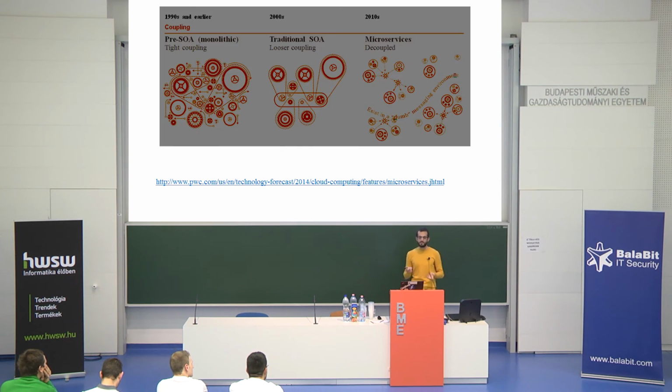Now if you think where application development is going, can you read that? Okay, cool. So if you think where application development is going, it's really pretty much the same, but it's falling behind like 20 or 30 years. Maybe even in the 1990s and earlier, we had these applications with tight coupling. Basically, again, the application was monolithic. It was a huge blob. Everything depended on everything else. It wasn't really debuggable and stuff like that.